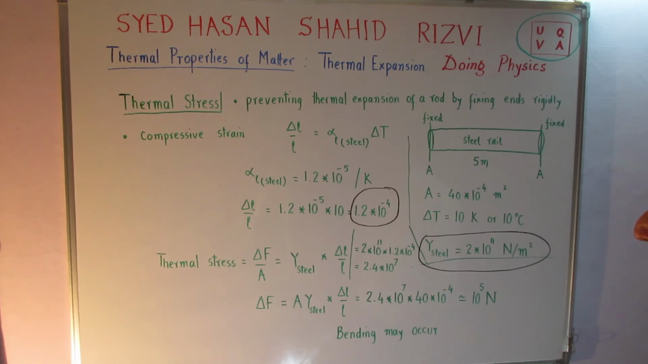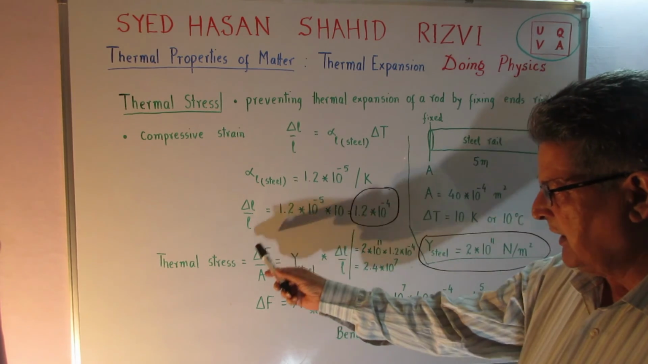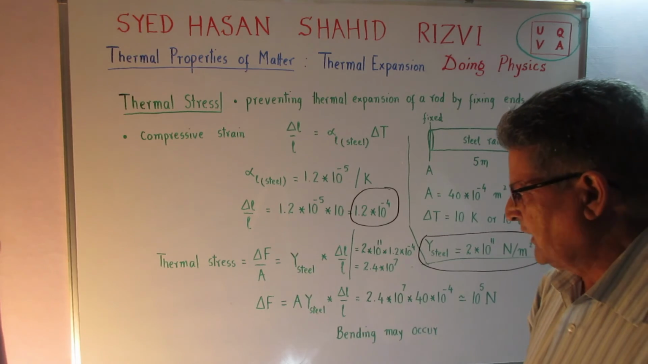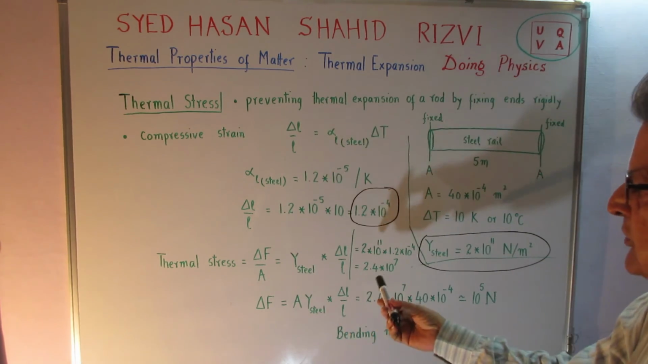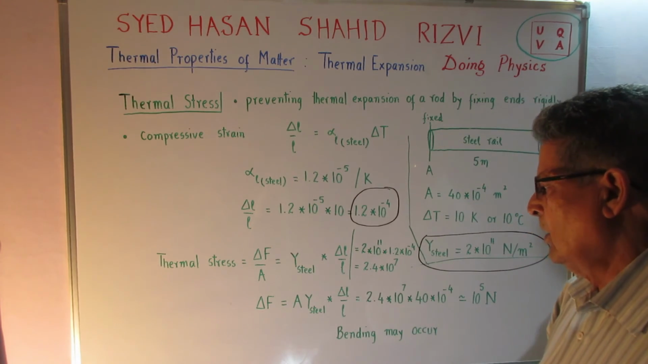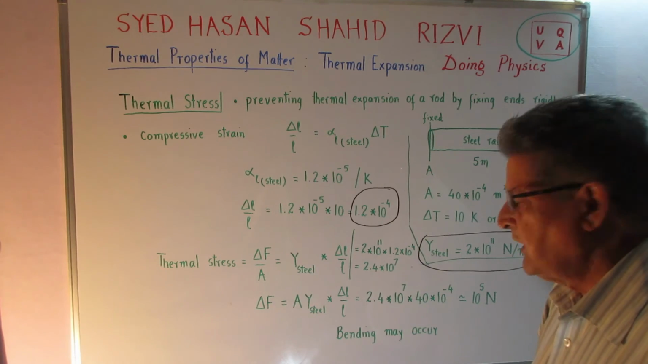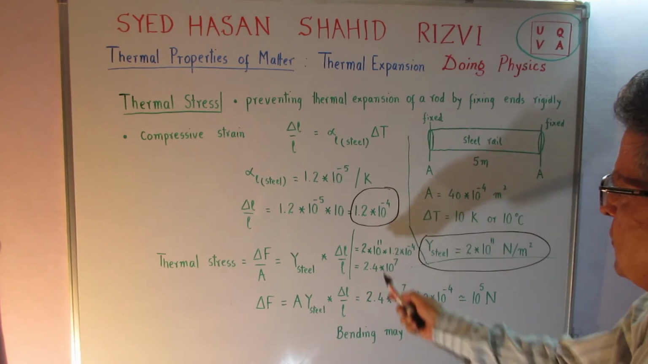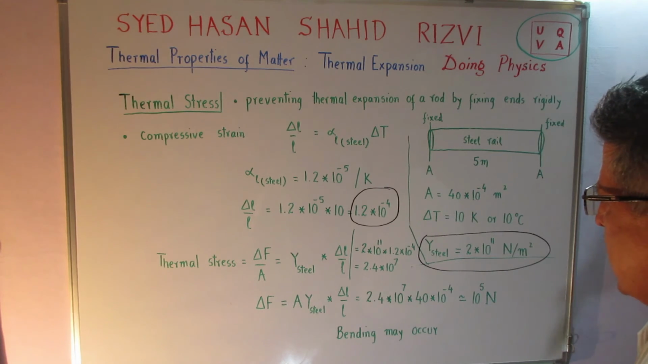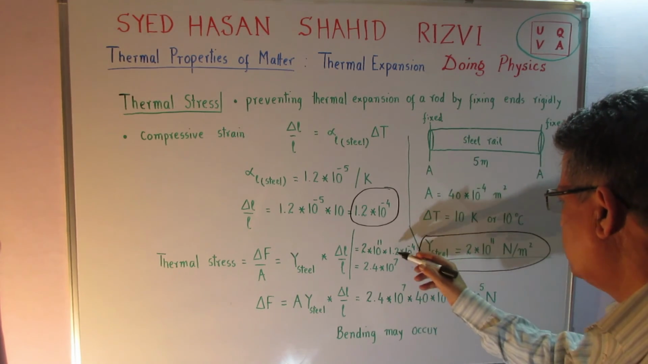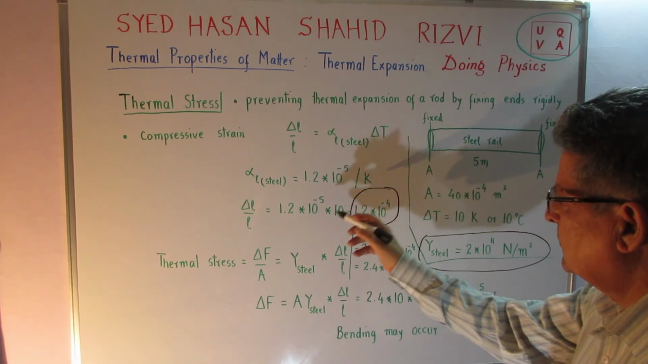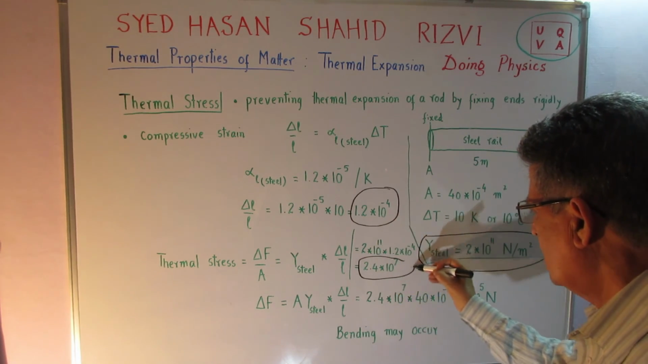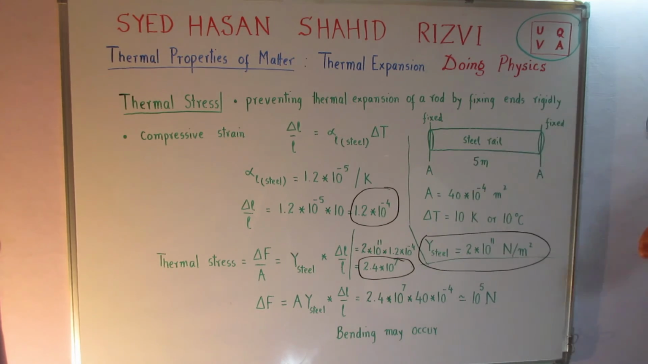Now, we define the thermal stress which will develop: the force on these sides divided by the area of cross section, and this stress upon strain is equal to Y. So stress is equal to Y into strain, that is Y steel into delta L upon L. Substitute the values, 2 into 10 to the power of 11 Newton per meter square into 1.2 into 10 to the power of minus 4, which we obtained as delta L upon L. So I obtain a result which is 2.4 into 10 to the power of 7, in units of Newton